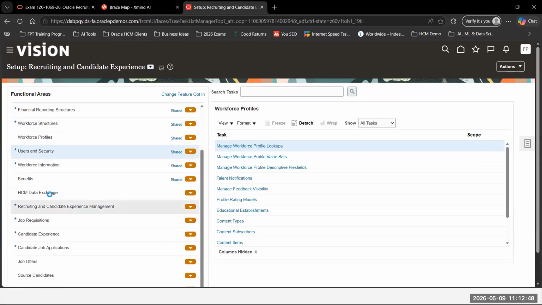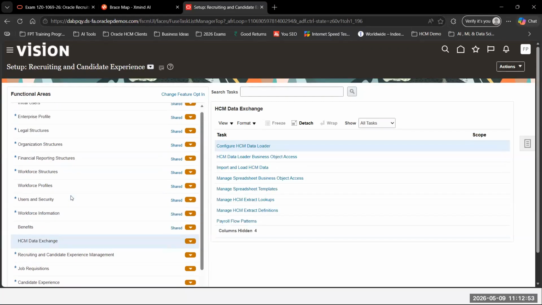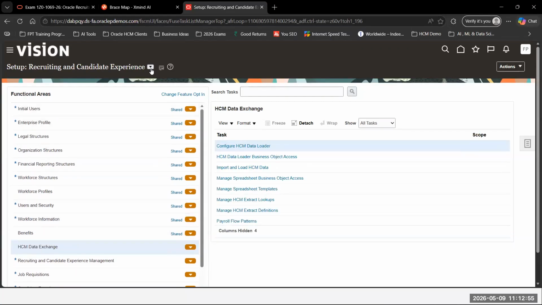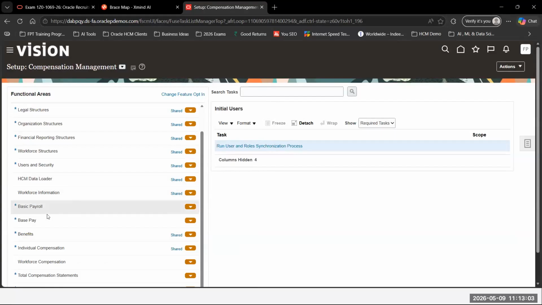Until the basic HCM data exchange, this is common for everyone. So let us take talent management, and then compensation management. So till here,